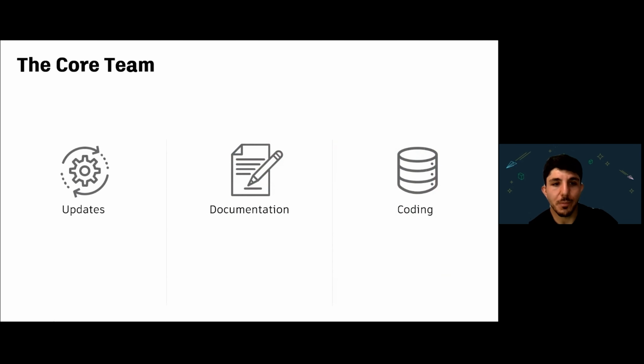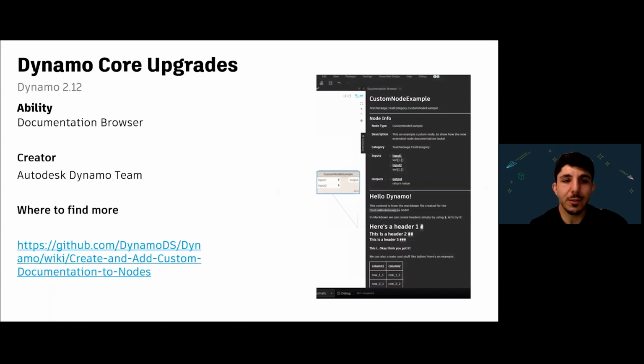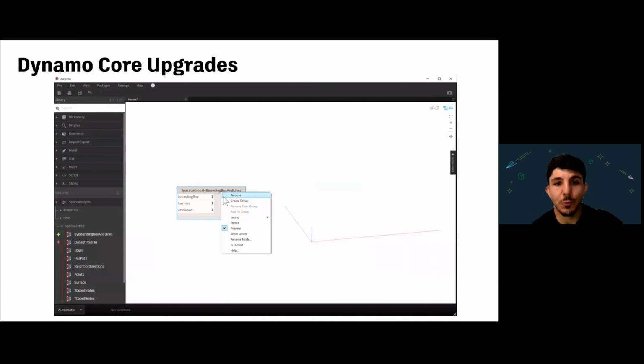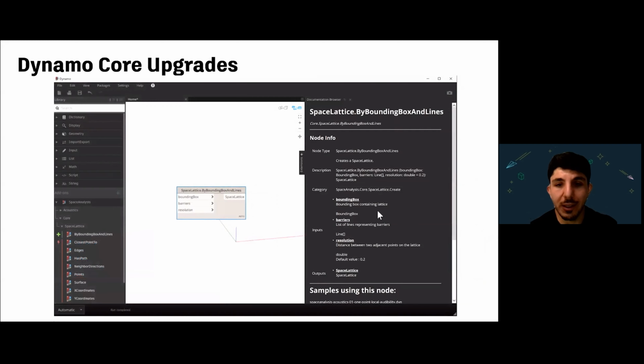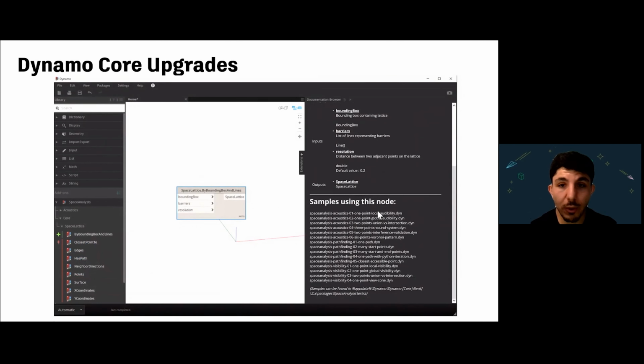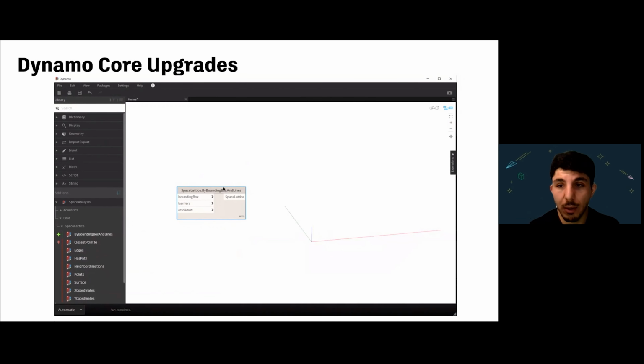The core team has introduced updates for the product itself for efficiency, documentation changes, and coding. These are really cool features that, if you didn't hear about them, it's a great chance to learn about now as a superpower. And one of the greatest things to me is the documentation browser from the Autodesk team. This is part of their release notes for adding custom documentation in your nodes. That's right, you no longer have to look it up online or find some arcane references. It's all in the nodes. You can include all the documentation of how a node works baked into the node with a sidebar and the extension to the right. Just right click and there it is, help.